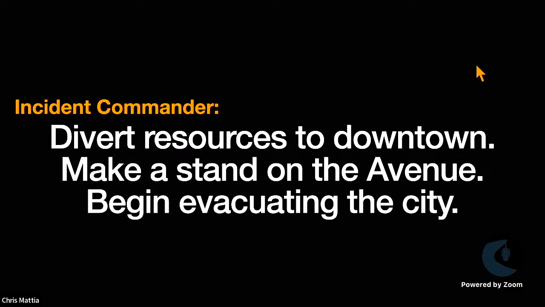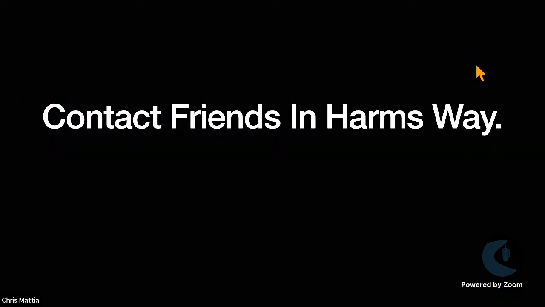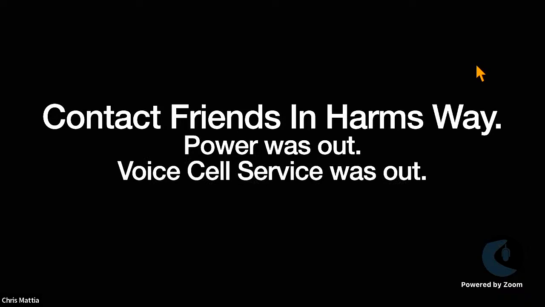So I instantly changed my mind from, let me just collect some information, to, wow, this is really serious. I have a lot of friends and family that are in the area. So I started reaching out to friends that were directly in harm's way. And what I discovered was power was out. Power was out all over Ventura County at this point, because the fire had actually cut one of the main power lines. I didn't know this at the time, but all of the power was out in the city. Voice cell service